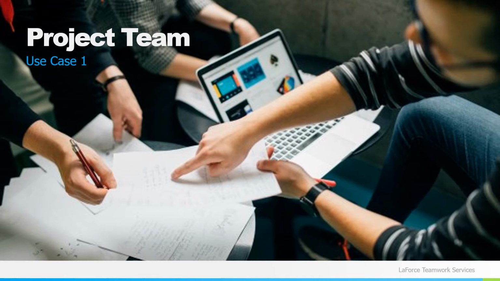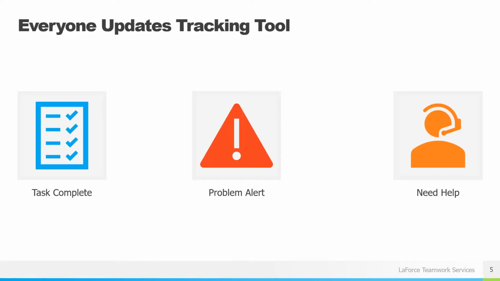Now, project teams typically have a long list of tasks that need to be completed by a certain date in order to keep things on track. The project manager, of course, has a strong need to know the status of all these action items, but so do the team members who may need to know whether another teammate is done with his or her tasks so that this person can get their job done. The project manager likely is tracking the progress using some sort of tool.